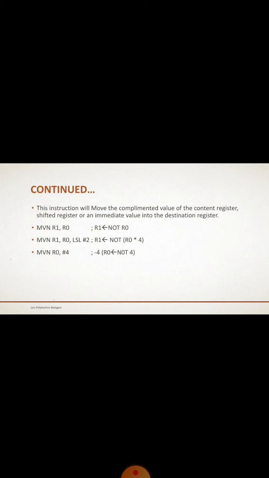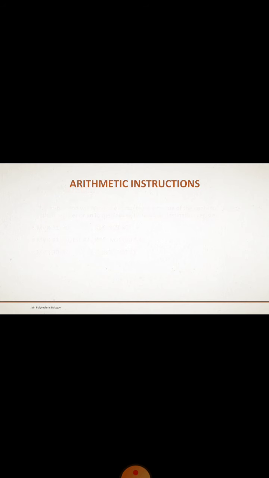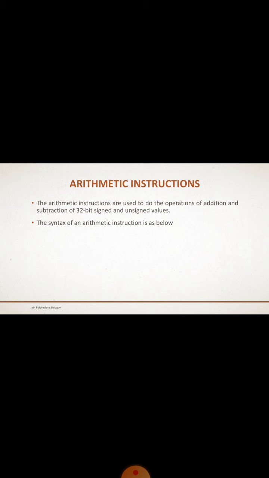MVN R0, #4. In this instruction, the negative value or complemented value of 4, that is -4, is moved into R0. Next, we will be seeing about arithmetic instructions. The arithmetic instructions are used to do the operations of addition and subtraction of 32-bit signed and unsigned numbers. The syntax of an arithmetic instruction is shown below,